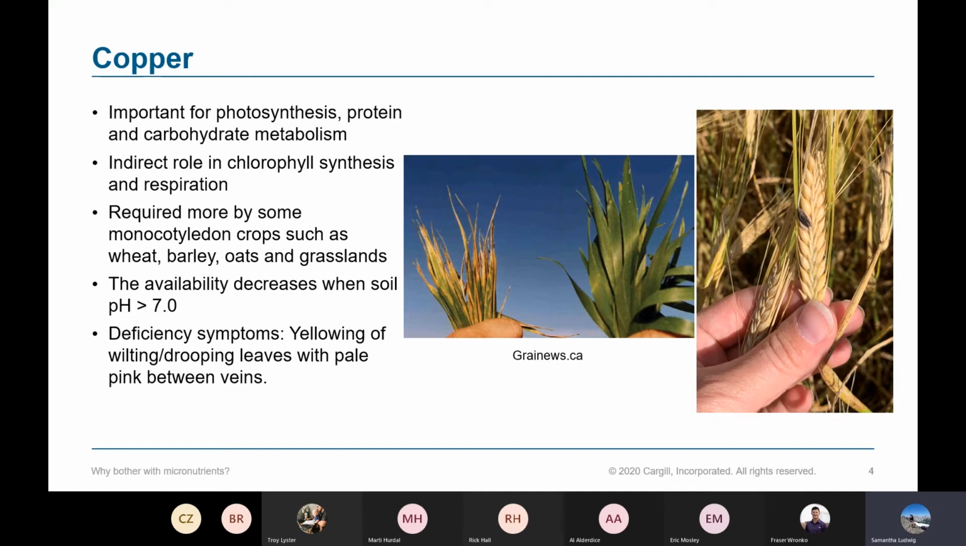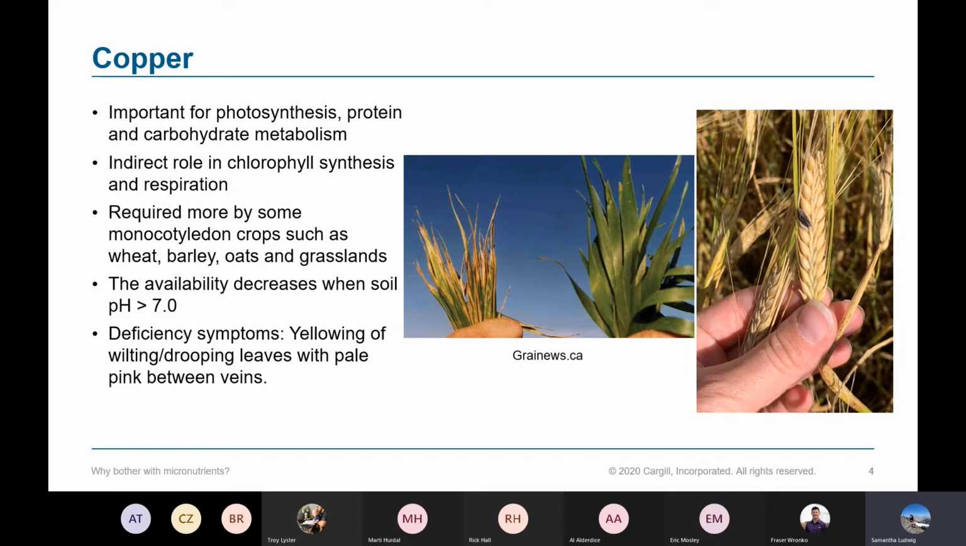So it's often more required by monocot crops such as wheat, barley, oats, and grasses that you'll find in grassland areas. The availability of copper does decrease when the soil pH is greater than 7, so very high pH soils, often you'll see more copper deficiencies. And those symptoms are yellowing and wilting and drooping of leaves, and often you'll see a little bit of pink